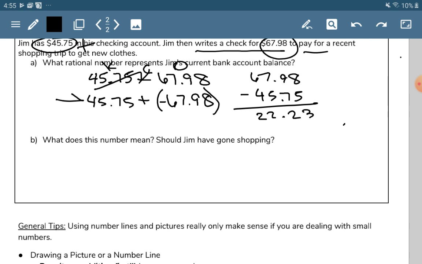I need to look back at this addition problem. What do you have more of? Do you have more positives or do you have more negatives? The bigger number in this problem is a negative number. Therefore, my leftover is negative